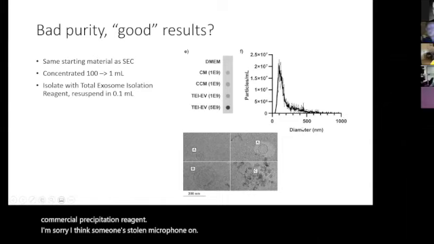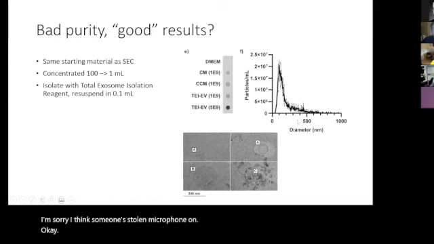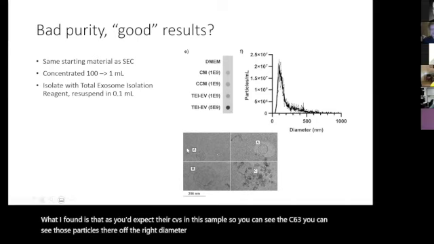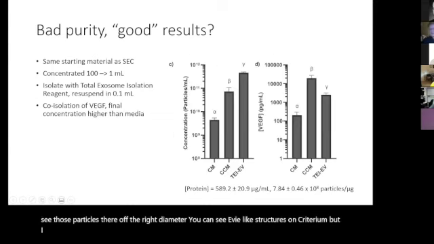Okay, I've muted it. What I found is that, as you'd expect, there's EVs in the sample, so you can see the CD63, you can see there's particles, they're of the right diameter, you can see EV-like structures on cryo-EM. But what I also found was that there's a lot of co-isolated material. So although it recovers a good percentage of the particles in the conditioned medium, it's also recovering quite a lot